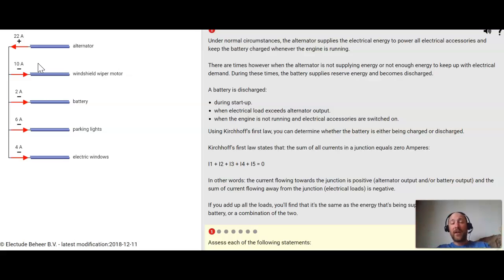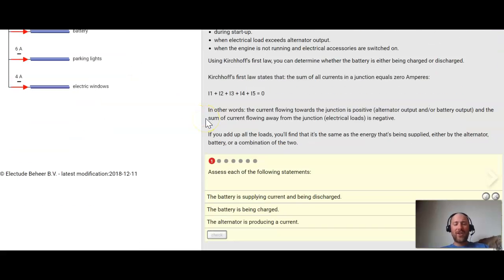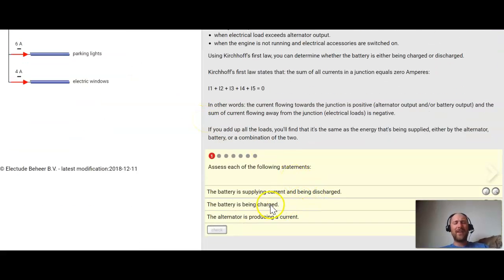It's not just disappearing off into nowhere. It's either being used to power something like the wipers, or it's being used to charge something like the battery. So as you work through these questions, you need to look, and it says is the battery is supplying